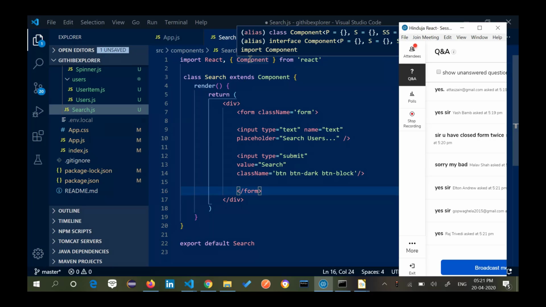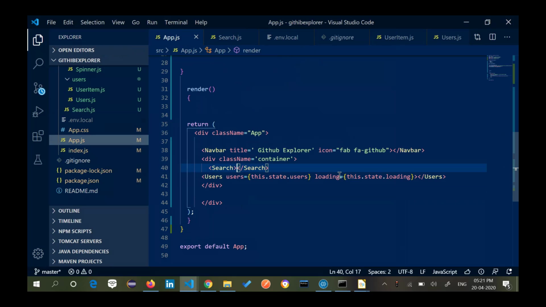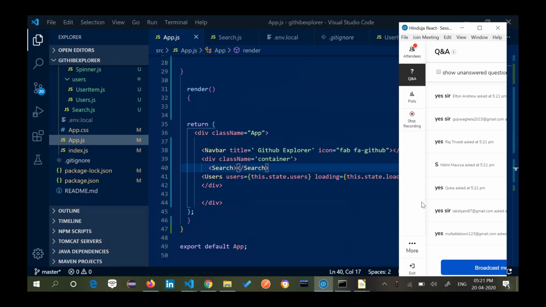So I have saved this and went into my app.js, and you can see where I have put it: inside my container. Is everyone clear? Can we go ahead now?